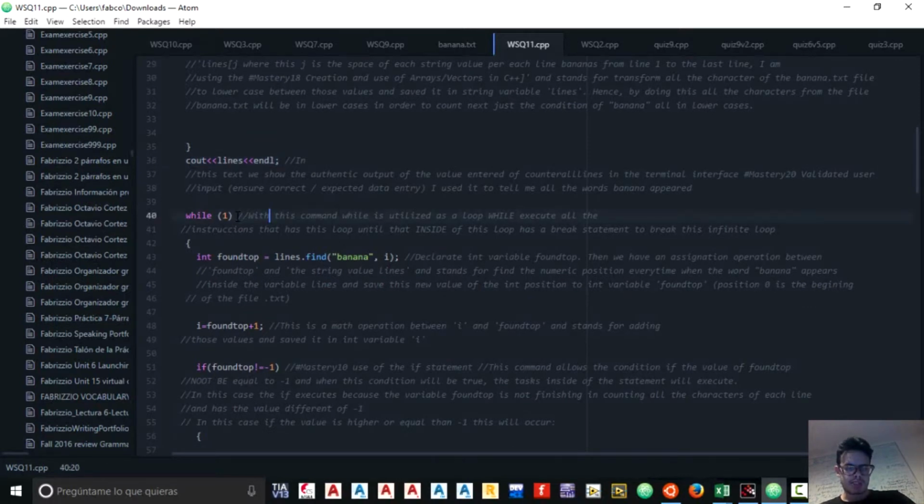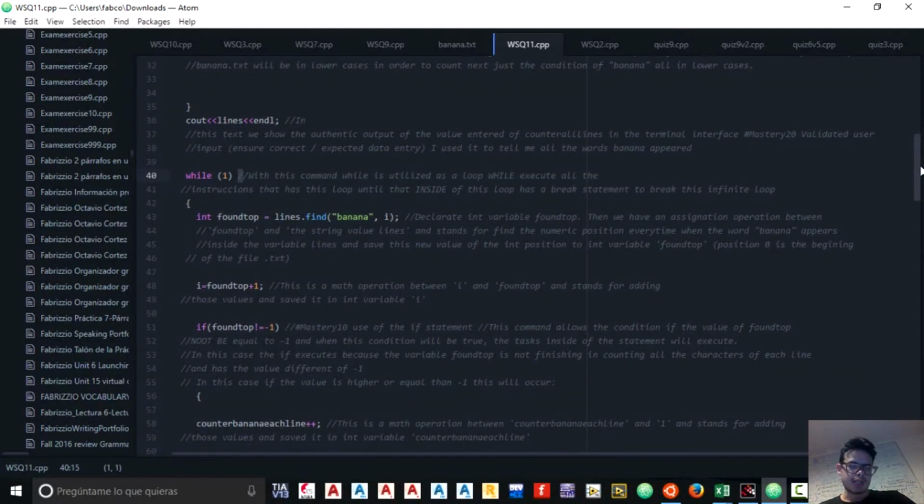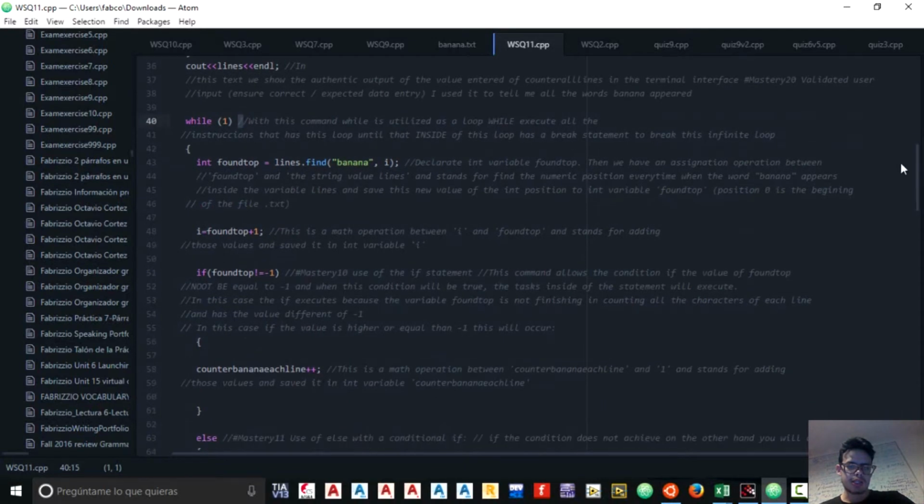Then we have a while statement, or an infinite loop. With this command, while is utilized as a loop that executes all the instructions inside of it until the loop has a break statement to break this infinite loop. Unless there is a break statement, this will execute forever. So I have to declare a variable,